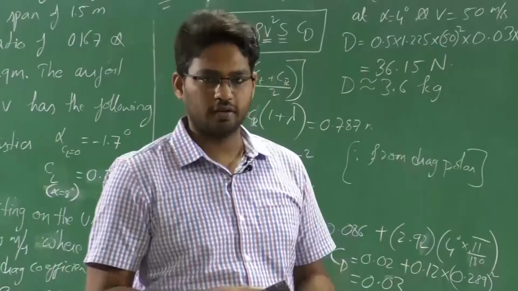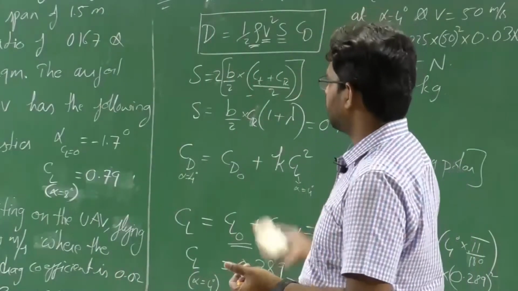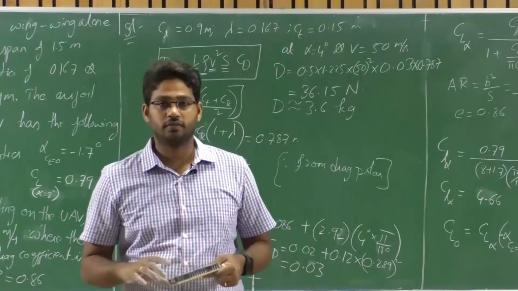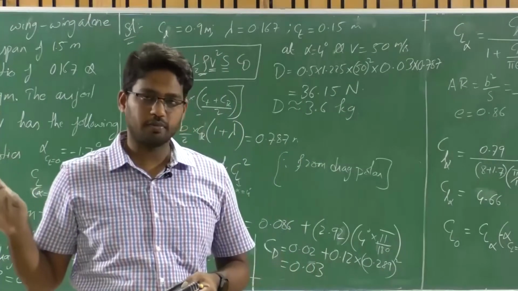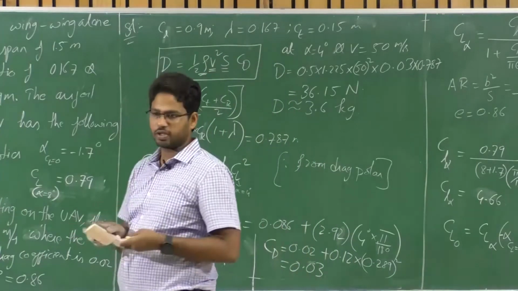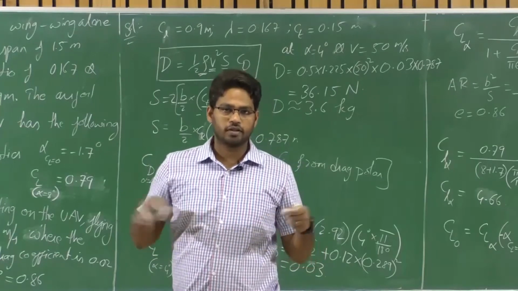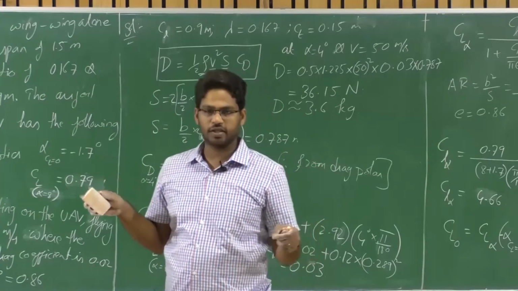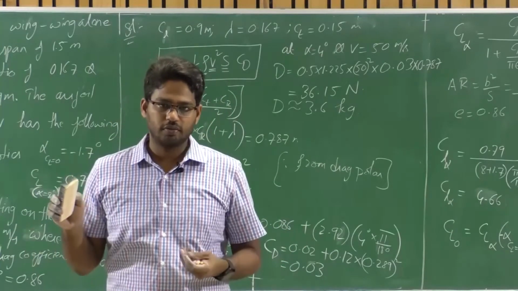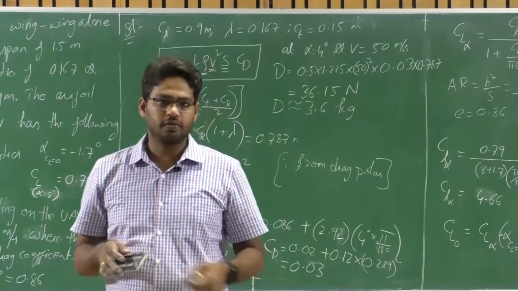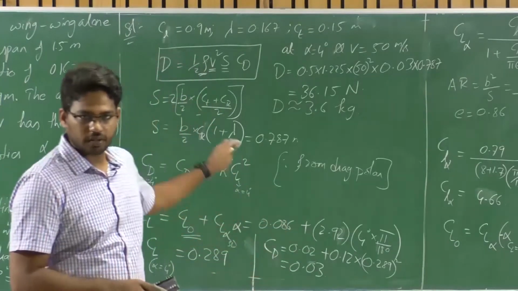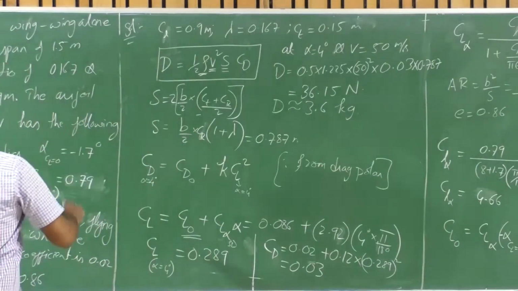What happens in higher subsonic as well as supersonic flight? We are talking about wave drag at higher speeds, higher subsonic as well as supersonic speed. So let us look at how this wave drag comes into the picture as soon as the speed increases, right? Same CL, let us assume we are flying at the same CL, same UAV. When moving from subsonic to supersonic, all of a sudden your drag characteristics change, including the lift characteristics. But let us concentrate on drag characteristics in the first place, right?